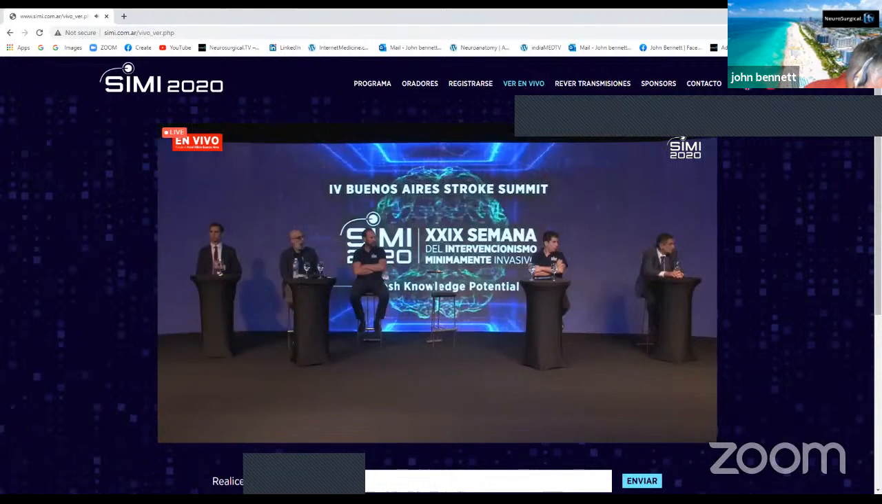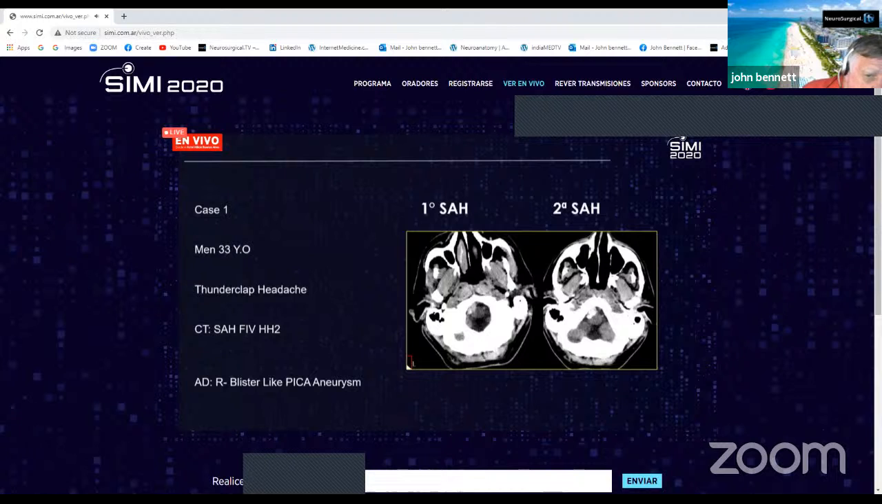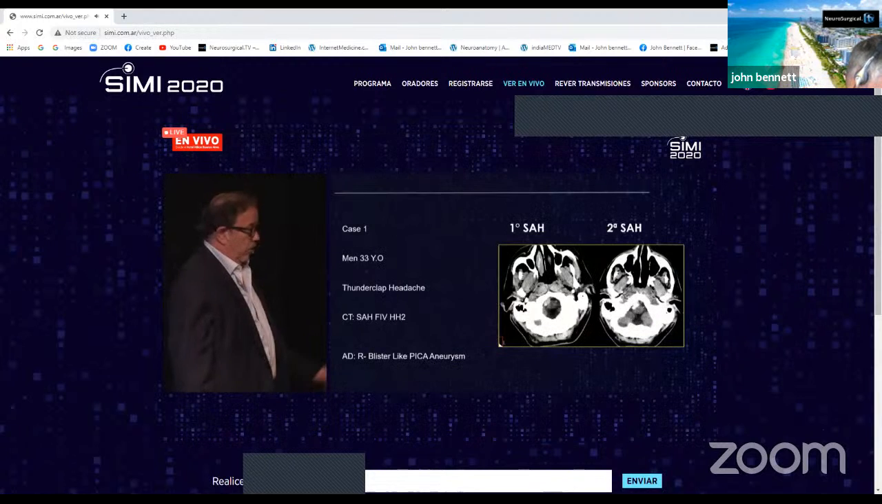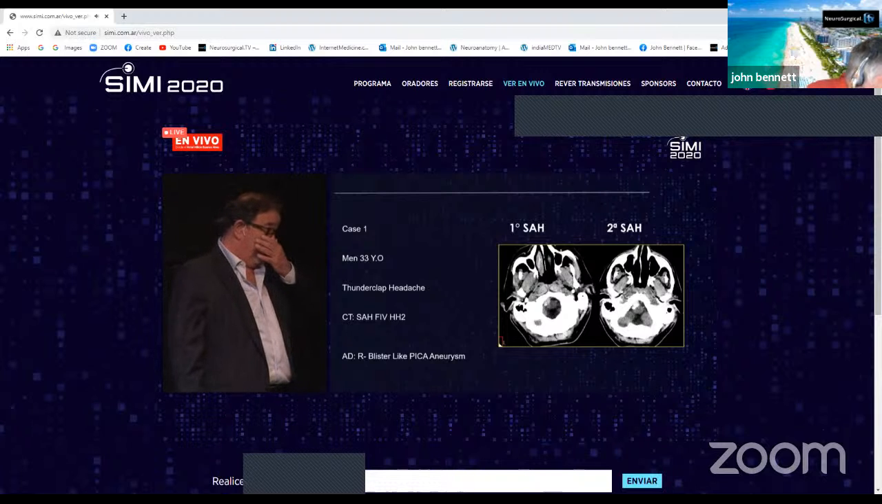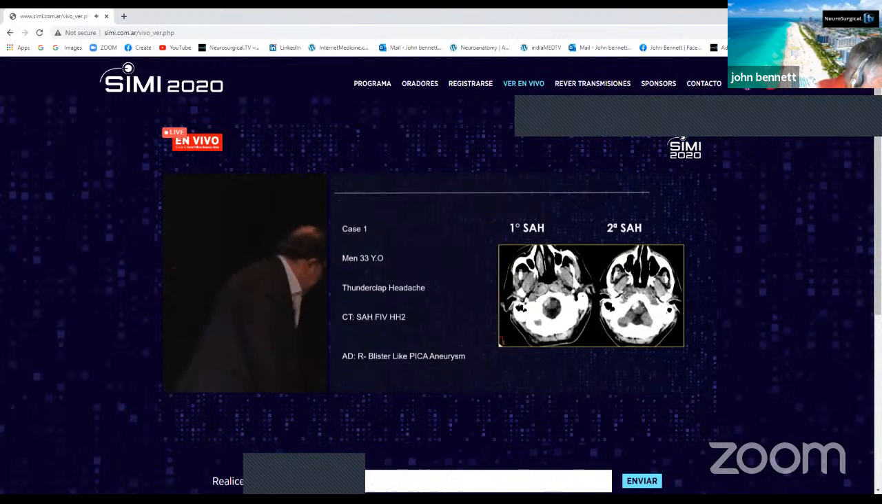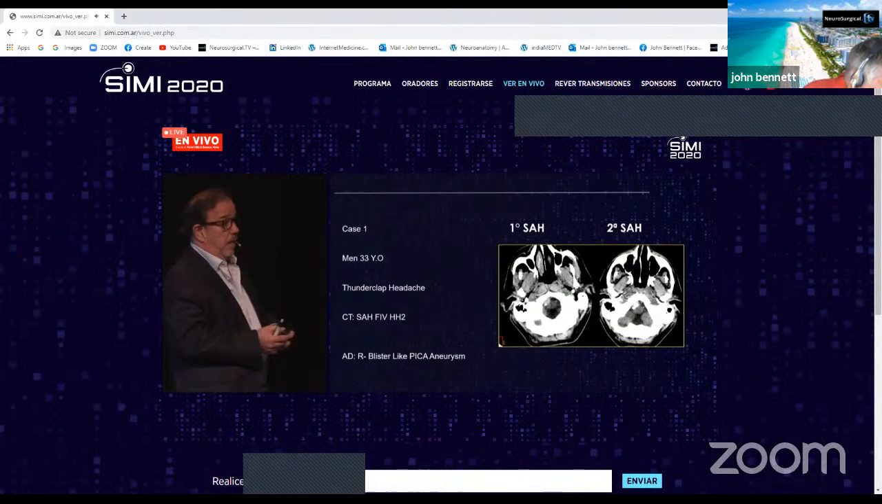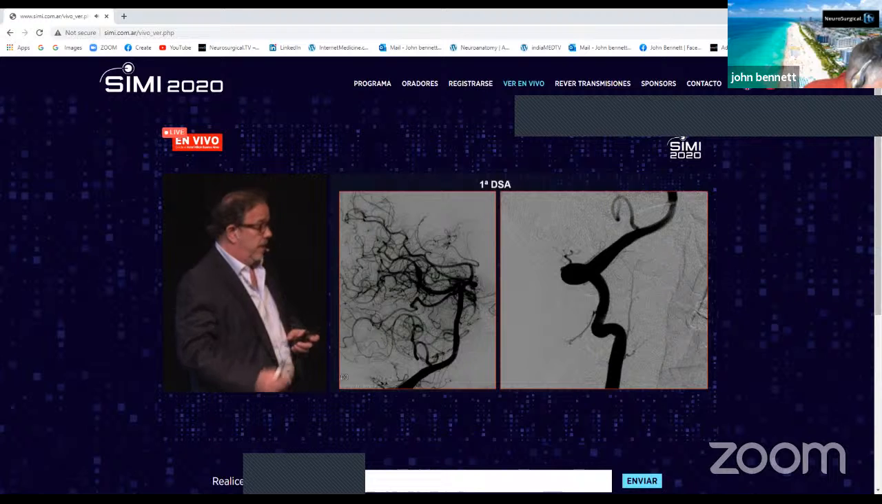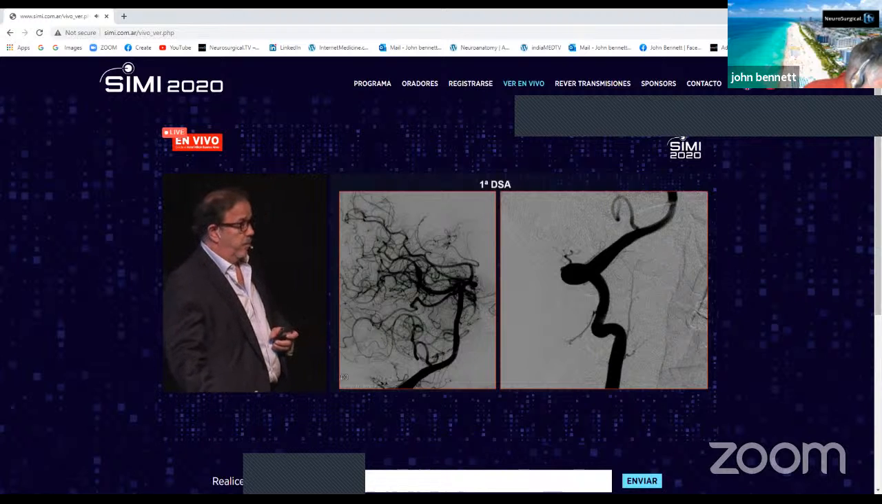Este es un chico joven, 33 años, con una hemorragia subaracnoidea, fundamentalmente en fosa posterior, con un Fisher 4 y un Hunt y Hess 2, y esa es la tomografía computada. En la siguiente vamos a ver la angiografía digital, después de haber